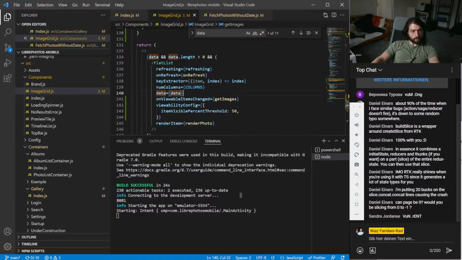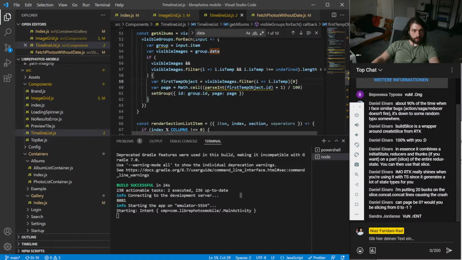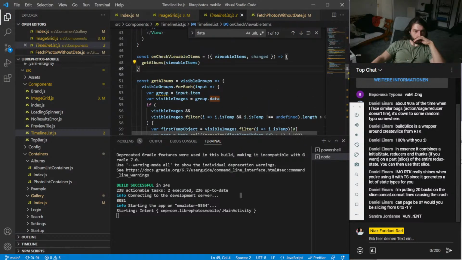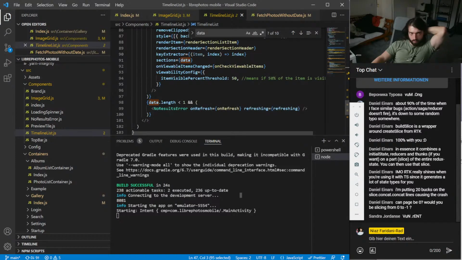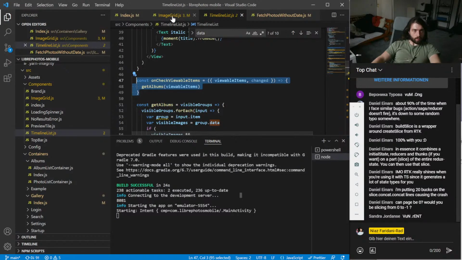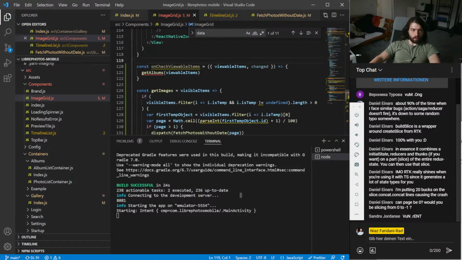Right. I think that's a good point to call it a day, I think. This timeline thing here is also a bit iffy. I mean, I can copy that over, but still.